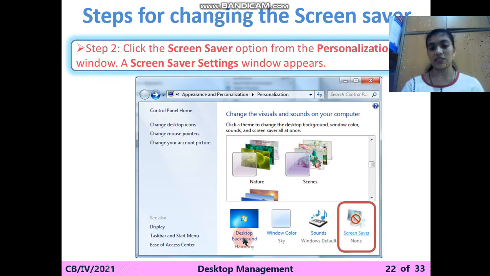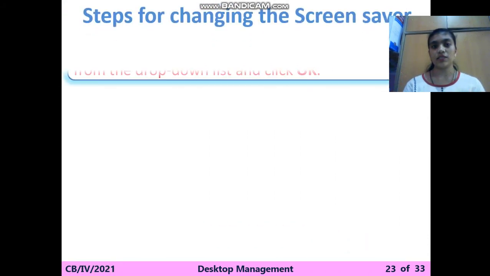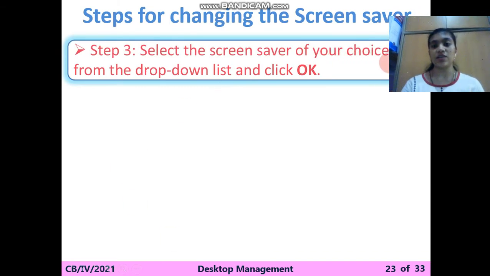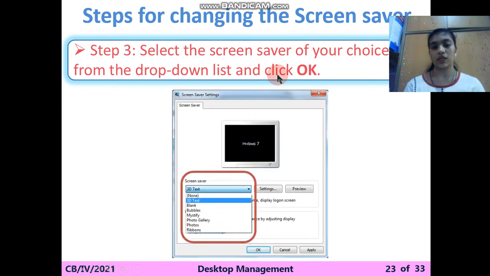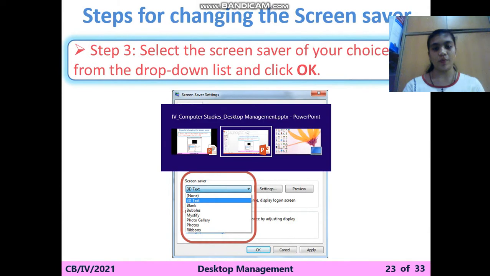You can see the desktop background option, and you can also see the screensaver option. Step 3, select the screensaver of your choice from the drop down list and click OK. So I will show you the practical for that.